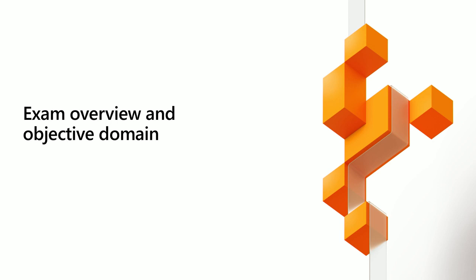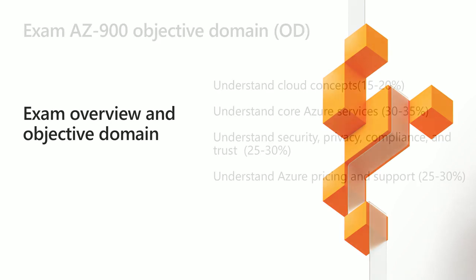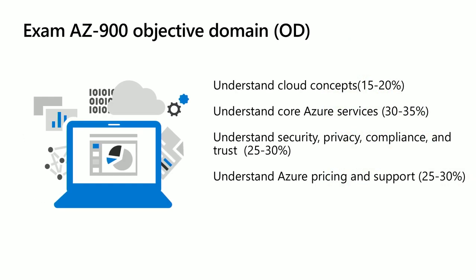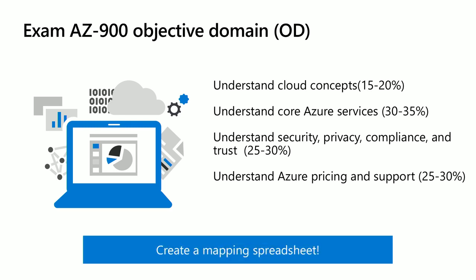Let's drill into the content of the exam. What do you need to know? What are the big callouts? I'm pulling this information directly from the exam page. I suggest that let's go to the page together and let me show you. I suggest that you create a mapping spreadsheet so you have all of the content in front of you, and I suggest you go further and map that spreadsheet to a calendar. What do I mean?